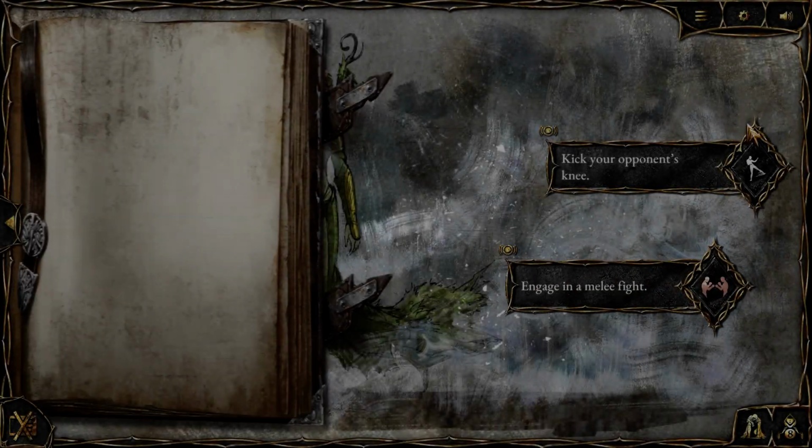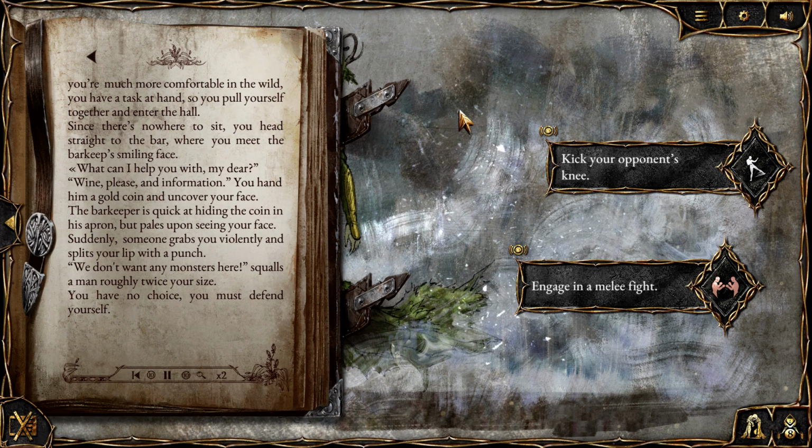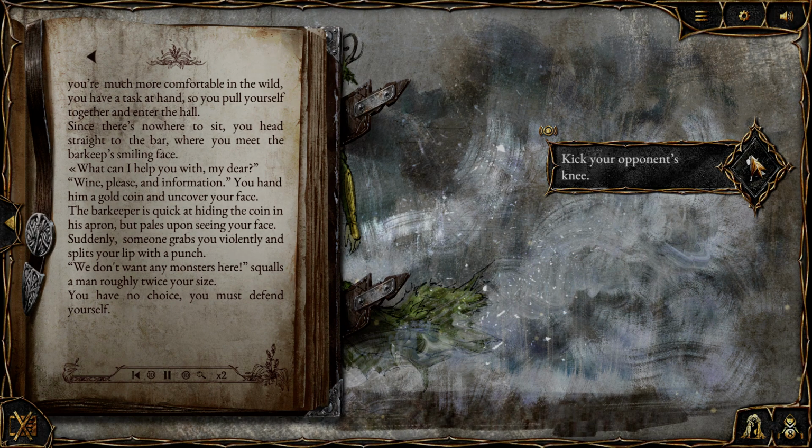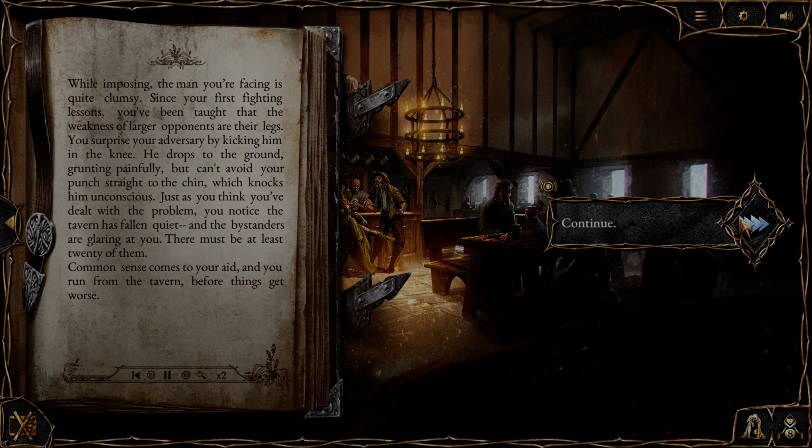The city is not far from the Resistance headquarters. It's one of the few main stops for the rebels to have a few drinks, or to revel between women's thighs at the local brothels. However, while imposing, the man you're facing is quite clumsy. Since your first fighting...